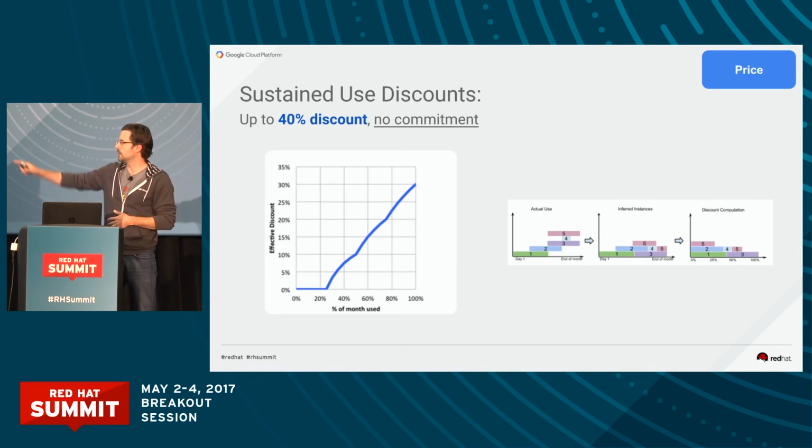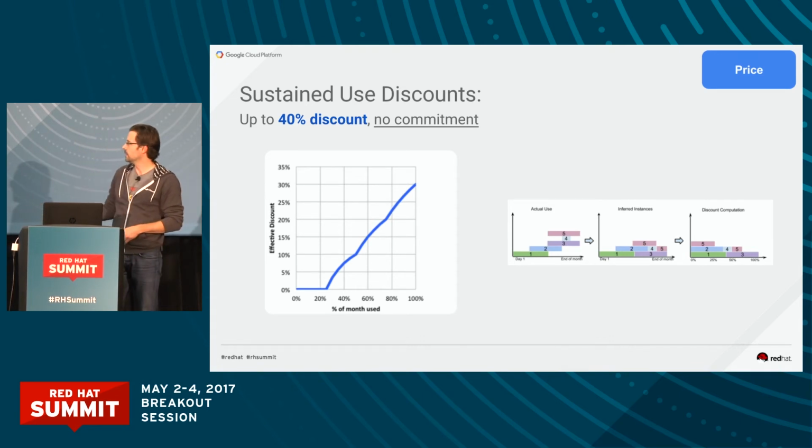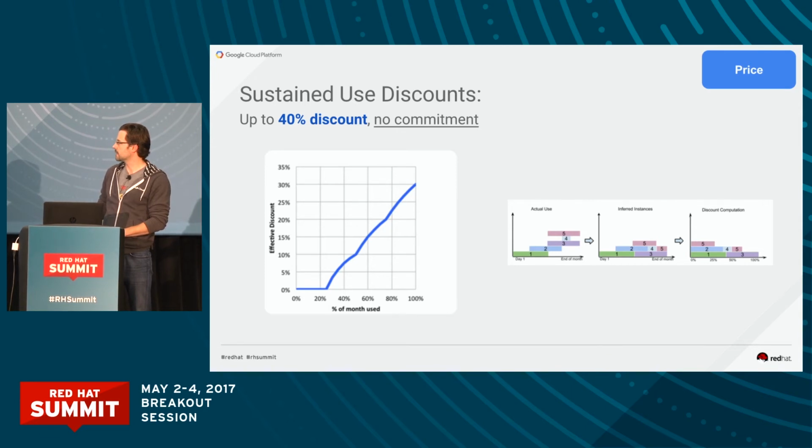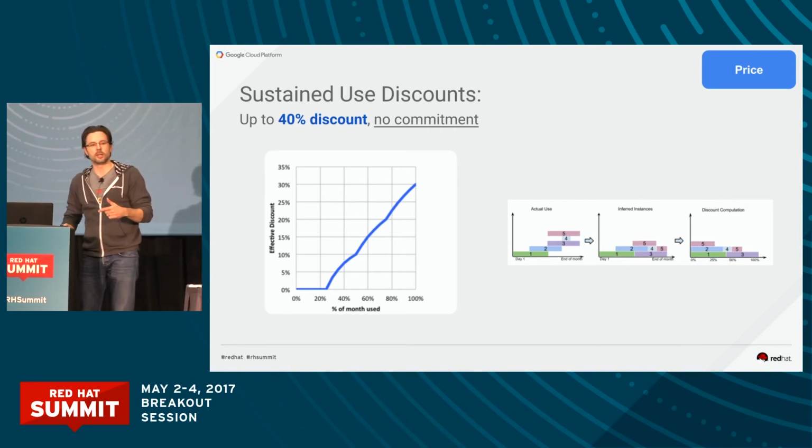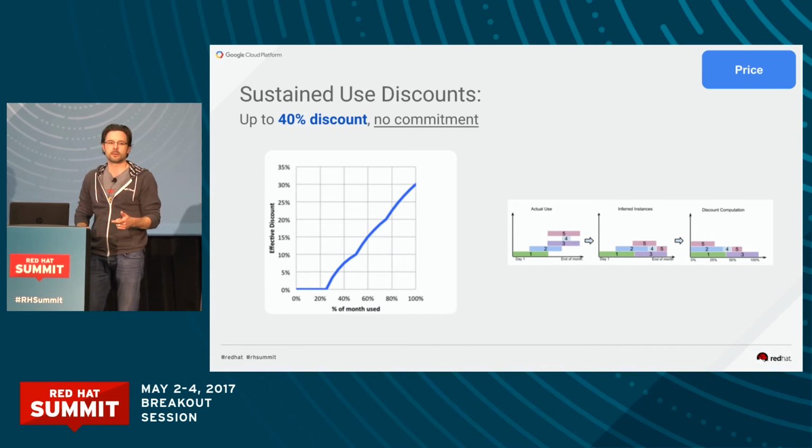What we do is, at the end of the month, we create inferred instances. So we take them and stack them. You'll see we split them up down below, and then we shove them together. Down here, you ran no VM for the whole month, but we took 1 and 3 and said, excellent, you ran that the whole month. We're going to put those together and give you a 40% discount, because guess what? We're running them in containers, and we just packed them. So if that's how we do it, your price should look like my price, right? Maybe you shouldn't need a PhD in figuring out whether you should have an RI, or someone else figuring out exactly how you handle a spot instance.